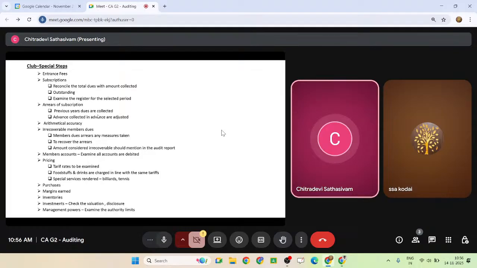So all these things are the entrance fees. This is how the club will get functional. These are the areas, special tests, you have to examine during the course of audit. You have to cover it. And if any membership dues are irrecoverable, you have to ensure what the reason is. You have to ensure that that member is not continuing in the club or availing any facilities. Tomorrow, without paying the membership fees, he cannot come and sit inside the club.